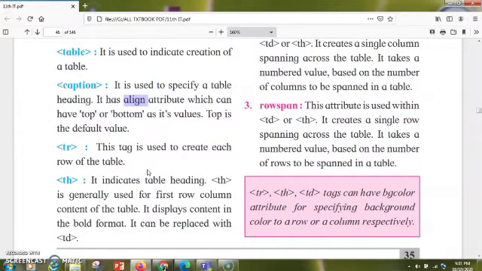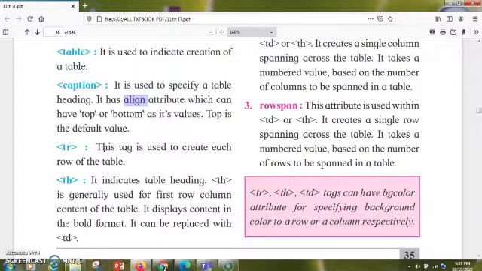After that, we have three more tags, tr, th and td, which we use inside the table tag. Let us study the tr tag first. The tr tag is used to create a row in the table. We always make entries in the form of rows. Then there are headings.